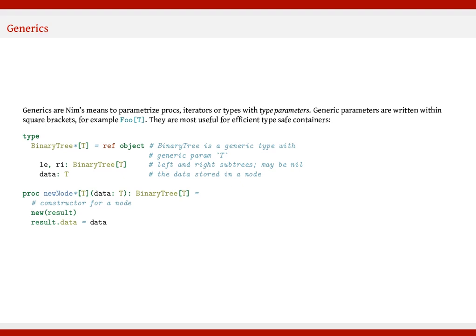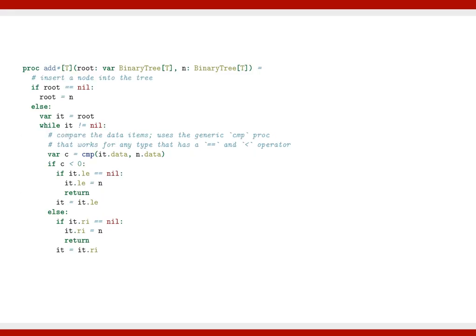le, ri: BinaryTree[T] # left and right subtrees; may be nil. data: T # the data stored in a node. proc newNode*[T](data: T): BinaryTree[T] = # constructor for a node: new(result); result.data = data. proc add*[T](root: var BinaryTree[T], n: BinaryTree[T]) = # insert a node into the tree: if root == nil: root = n